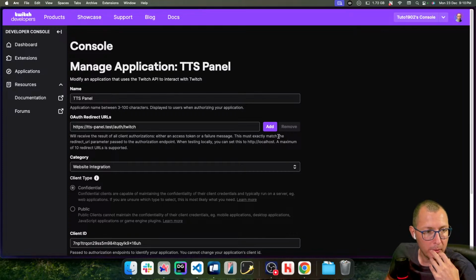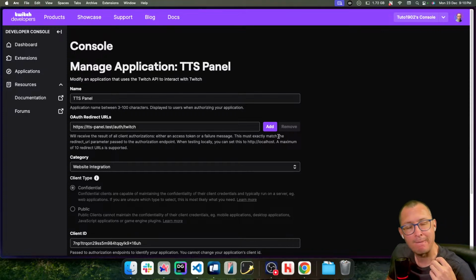What do you mean go deeper? We'll receive the results of all client authorizations, either an access token or a failure. This must exact match the redirect URL parameters. And we'll test it locally. You can set this to localhost. A maximum. Okay, so